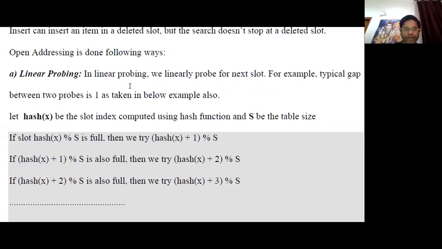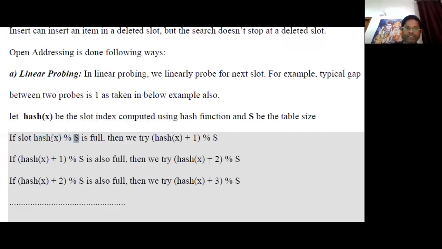So look at the slide that is at present in front of you. What we did yesterday, we are calculating the hash key using the hash function, and using some modulo operator, we are getting the position where the key value is to be stored. So suppose slot = hash(x) modulo s, what does it mean? Hash(x) means the hash function is applied and x is the key on which the hash function is applied. Modulo is the modulus operator that will return the remainder, and s is the size.